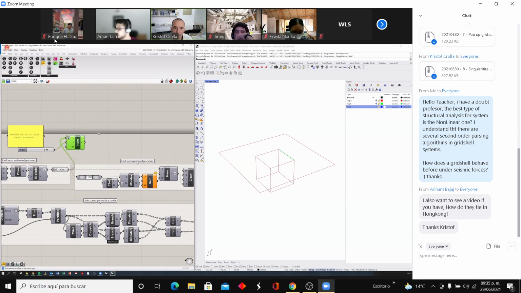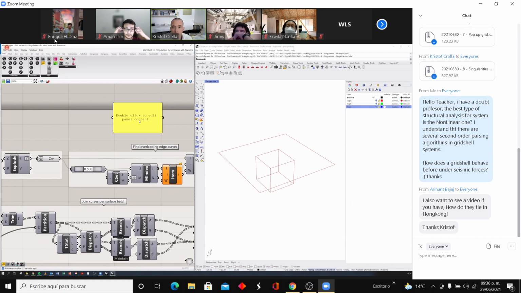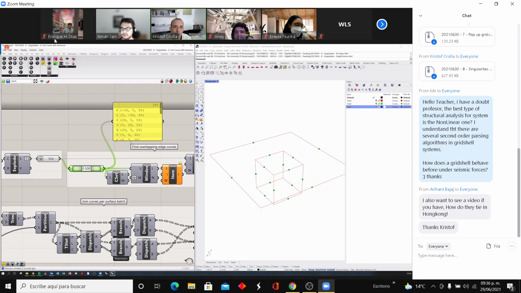Then I need to find overlapping edges only. So what I'm looking for now is this edge here is shared by the topology A plane and the topology B plane. The outer edges are not. So what I'm going to look for is the edges that exist twice in my data set. This is a dirty way of scripting this. I don't know any better ways to do it. If you have any ideas to find identical curves and identify them and extract them, let me know. But the way I work my way around it is I identify the middle points of all of my curves. And then you'll see that if a curve exists twice, that number will be there twice. So I say, for example,